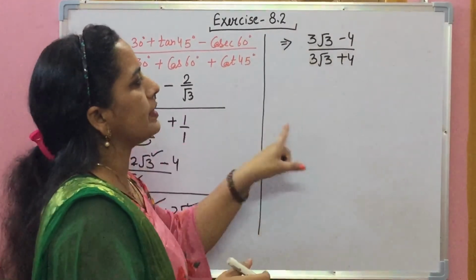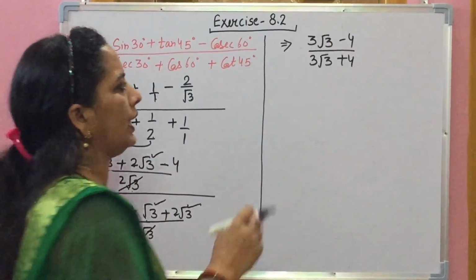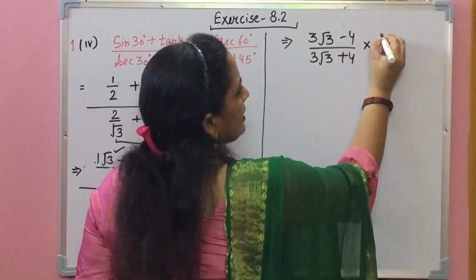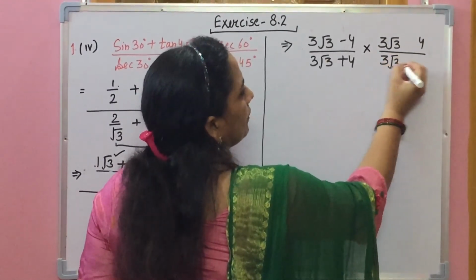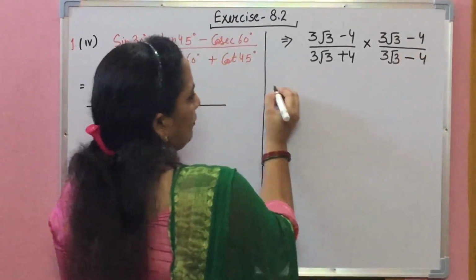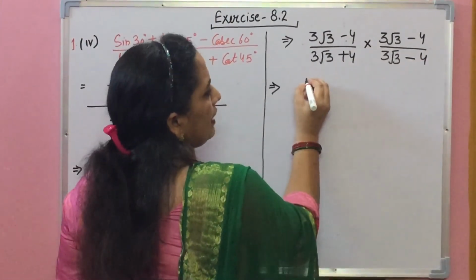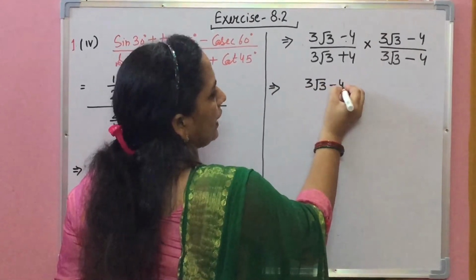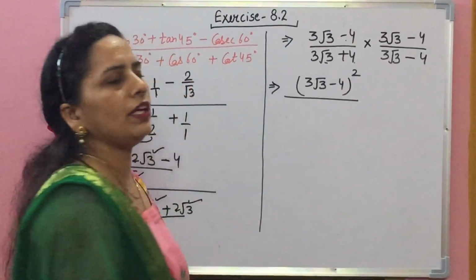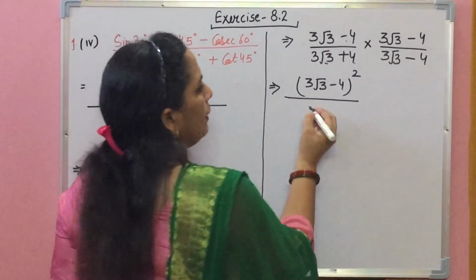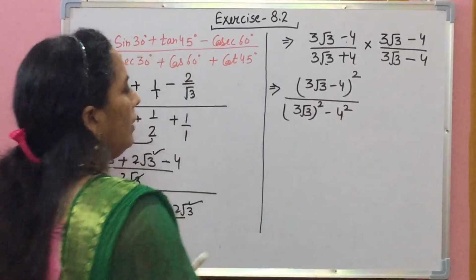This can be our answer, but in denominator we have a term of square root. That's why we have to do here rationalize. And rationalize कैसे करते हैं? Multiply and divide with same term, but change the sign. After rationalize, we notice here in the numerator we have same term. That's why we can write here whole square, and in denominator always there have a identity which is a square minus b square.